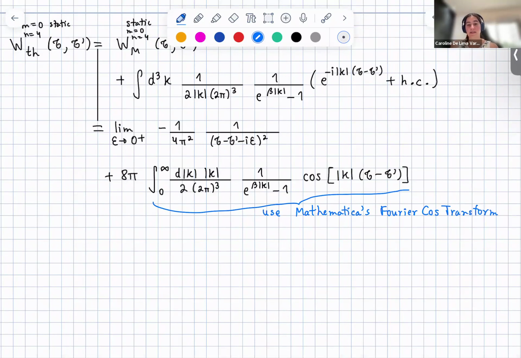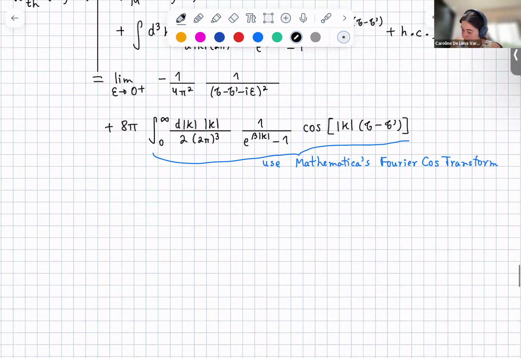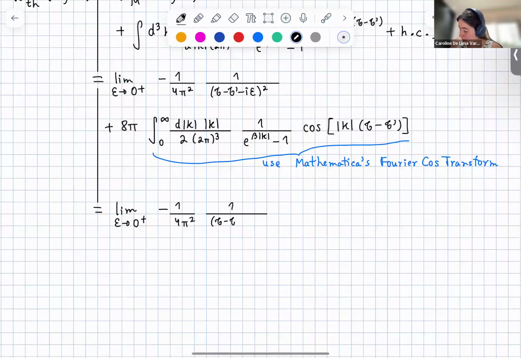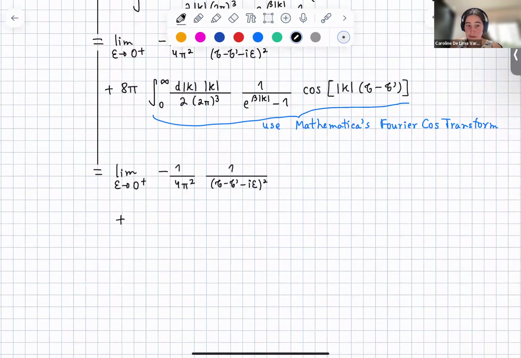And then if you use that, you're going to get the answer right away. So what we get here is going to be the first term that we already computed, so minus 1 over 4 pi squared times 1 over tau minus tau prime minus i epsilon squared. And then if you compute this other term, what you're going to get from Mathematica is going to be